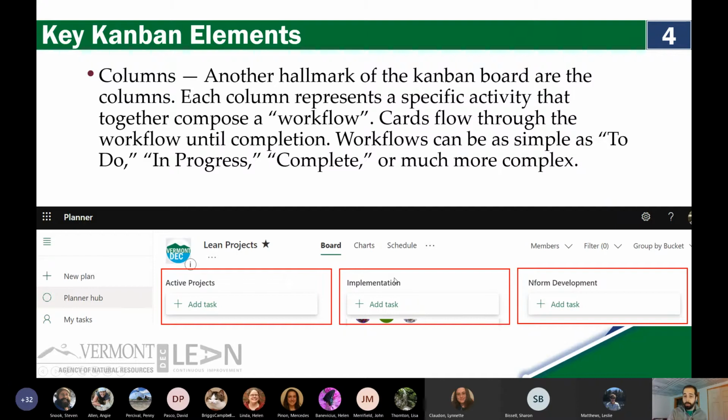There's lots of ways that you can do this. By default, though, Kanban boards typically tend to function as a workflow where you progress from left to right, and you can move these cards through as a project works its way through a process. So they can be very simple. So to do, in progress, complete. So it just starts on one, moves to the next as it reaches that next phase, and then eventually